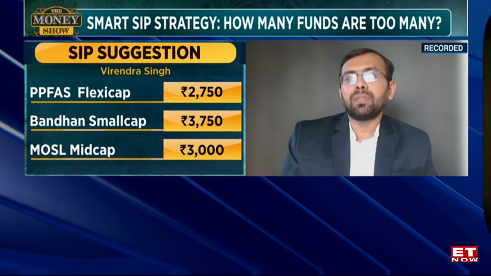Multi-asset allocation funds are good, but they still cannot replace your own level of financial planning. You first have to do financial planning where you decide to invest in real estate, debt, equity, and gold. First, you need to decide your own asset allocation. Once you have decided your asset allocation, within that, you can invest in a multi-asset allocation fund, which can be used to contain the downside in times of turmoil for the equity market. As we have seen over the last 1 year, the equity market has not done well, whereas gold has given spectacular returns.